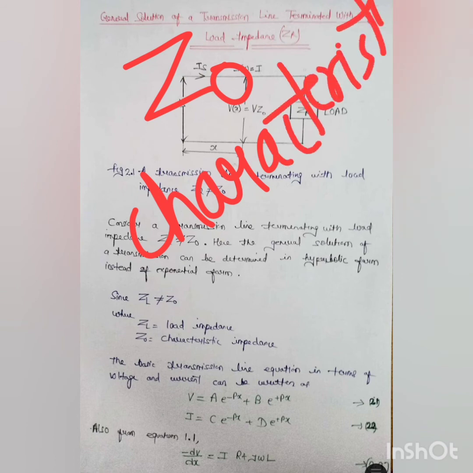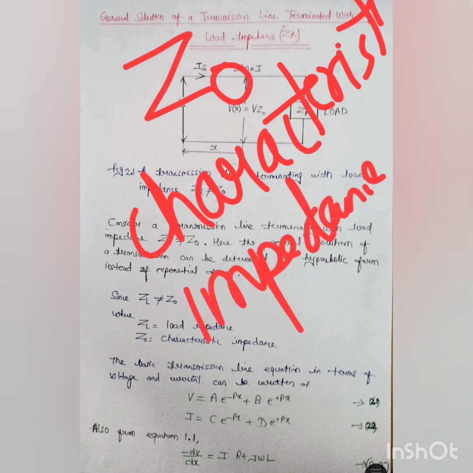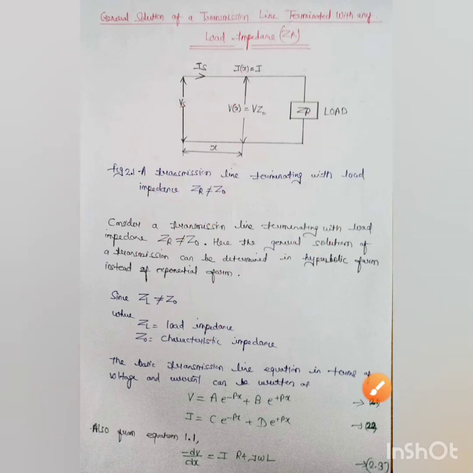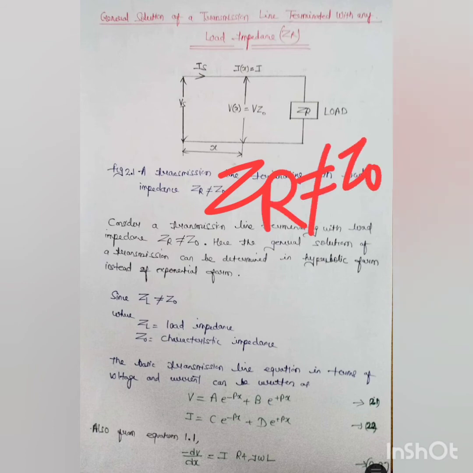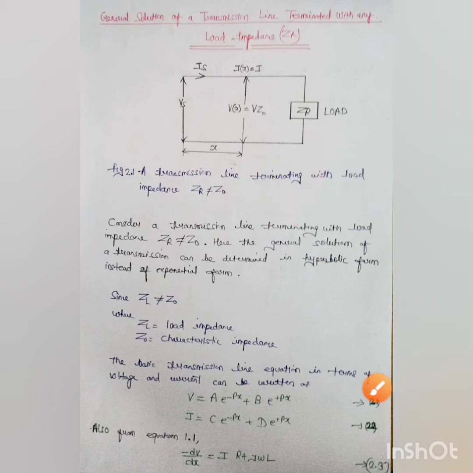Characteristic impedance is generally constant for all transmission lines. This value is always taken as a standard value, and it is compared with any other load which needs to be taken in the transmission line solution. As you can see, we consider this figure for calculation purposes only, and here we have taken that ZR is not equal to Z0. Here is the condition. We will understand this topic in the later part, that there is reflection.